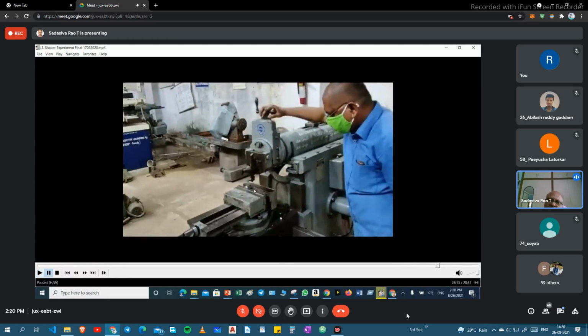So while setting, this is a machined surface, a metallic block. On that we are placed it, and with the help of a try-square we checked whether it is 90 degrees or not. Then automatically we will get this line parallel to this line.